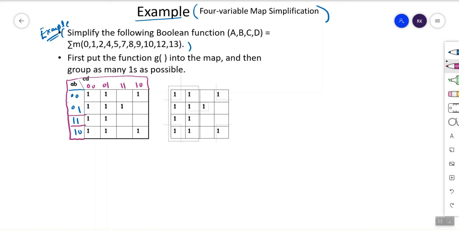Let me finish this. Now, I want to make the table for 4 variables.